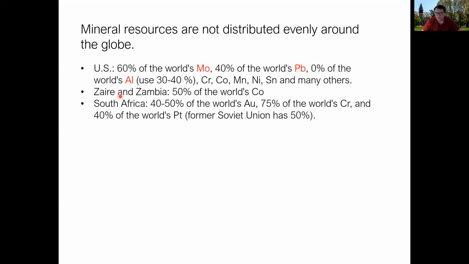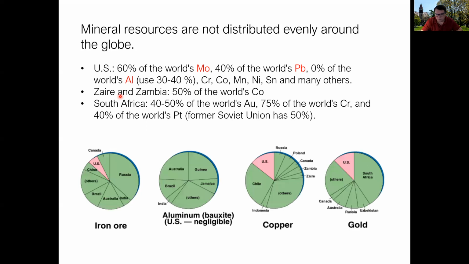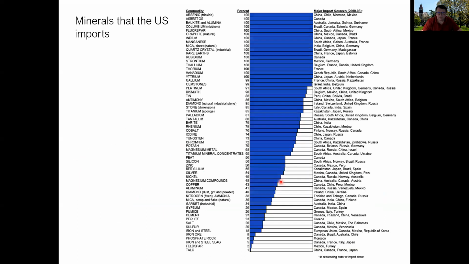So for example, South Africa, relatively small country in terms of GDP or total population, accounts for about 40 to 50% of the world's gold, 75% of its chromium, 40% of its platinum. So this can be very asymmetric, and where it's mined is not necessarily where it's used. This is for perspective in terms of where it comes from. You notice we're relevant in iron, but small, especially compared to Russia. Aluminum, we have almost no relevant percentage. Copper and gold, we matter, but most of the gold mining is occurring in South Africa and emerging in other locations, but not really the U.S.